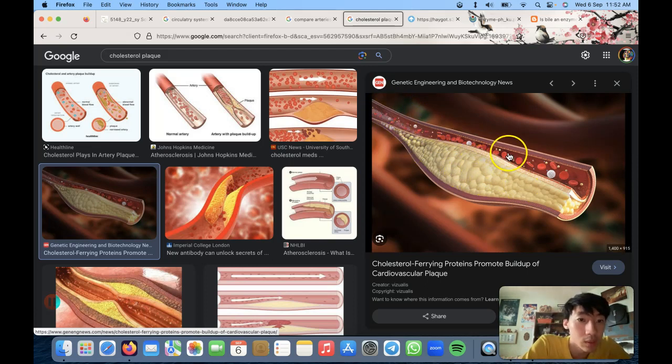This is your artery. Normally your artery has enough space for your red blood cells to move. But when there's plaque, it will block the passageway of the arteries, and then there's less oxygen, less blood, less nutrients flowing to your heart. And so when your heart does not get enough oxygen and nutrients, you get a heart attack. The same story is for your brain. If your brain does not get enough oxygen and nutrients, you get a stroke.